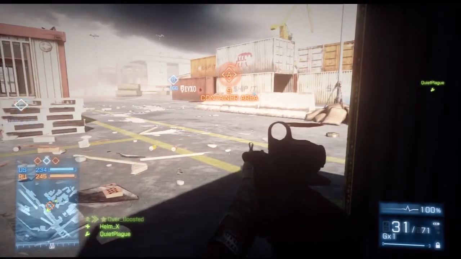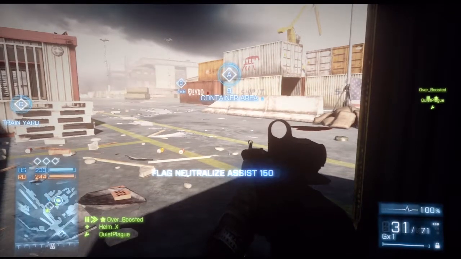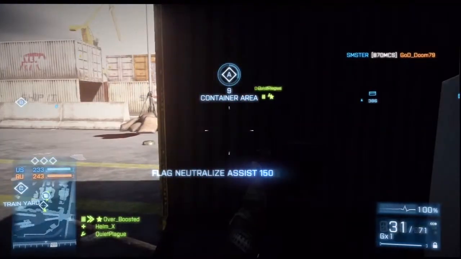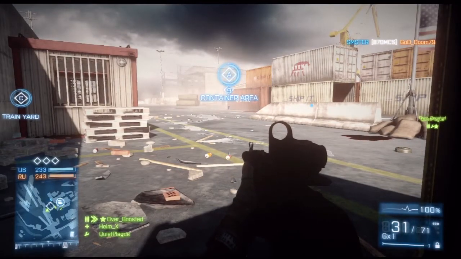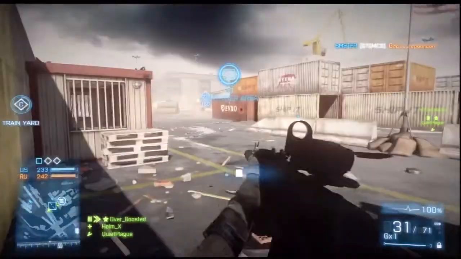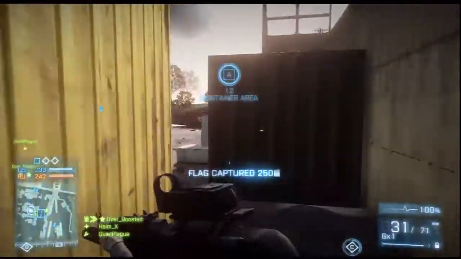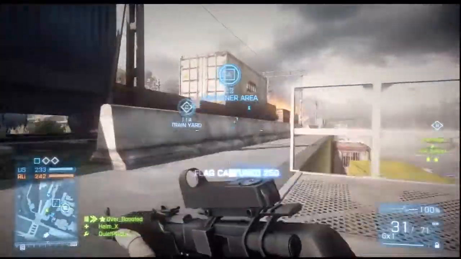how to take flags. On my favorite game mode here, which is Conquest, as you can see by the one flag I'm taking out right now. For me, Conquest gives you a lot more points, so that's why I play it. You rank up a little bit faster. In Rush, you only get a lot of points if you plant the bombs, but